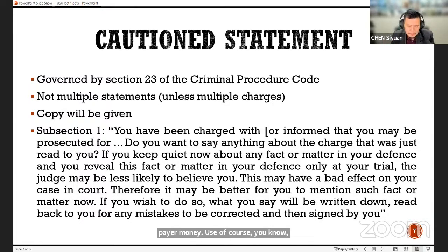The more statements they gather, the greater the likelihood that there will be inconsistencies that can be used against you. So if indeed the idea is not to surprise anybody, then wouldn't that mean that the defense should also get all the statements? But we all know what the answer is, and I think everything is rationalized based on crime control.